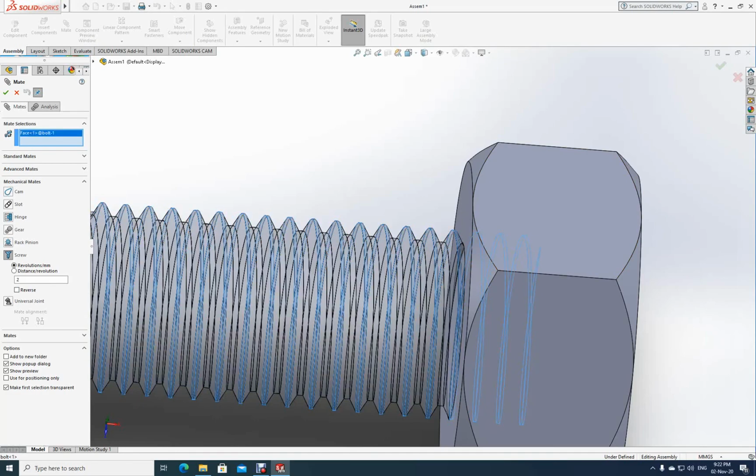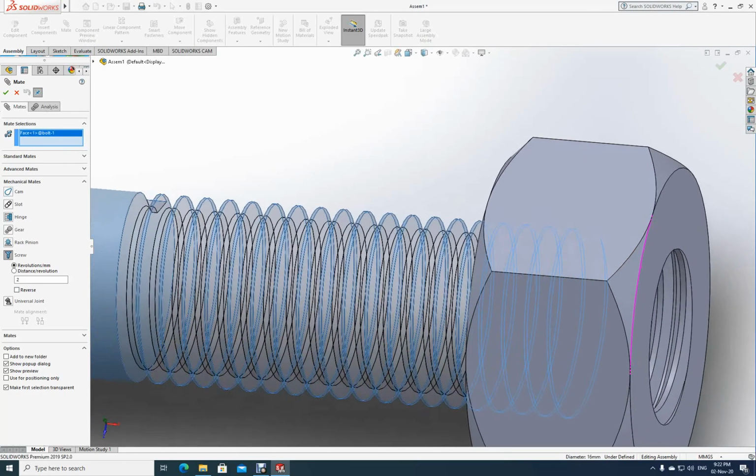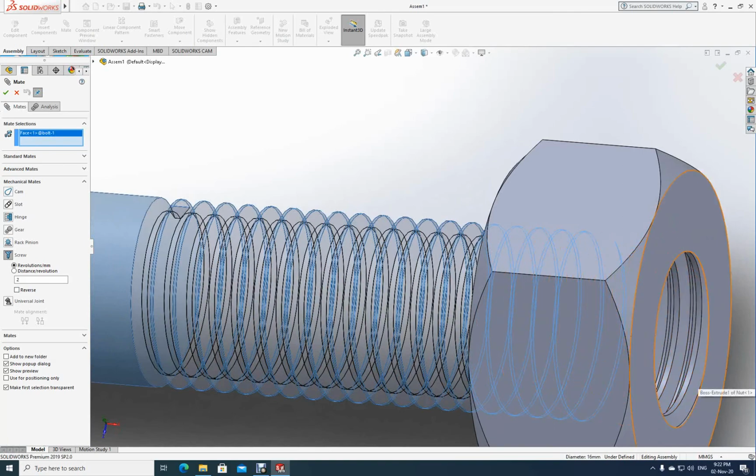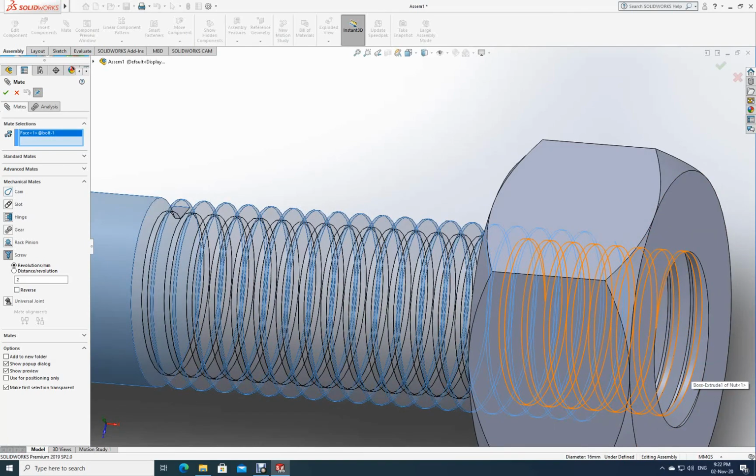This face is selected. See here, face 1, bolt 1. Now I need to select the face of this, right? See, face 2 of bolt 2. Now I have already given revolutions, distance per revolution, how much? 2.